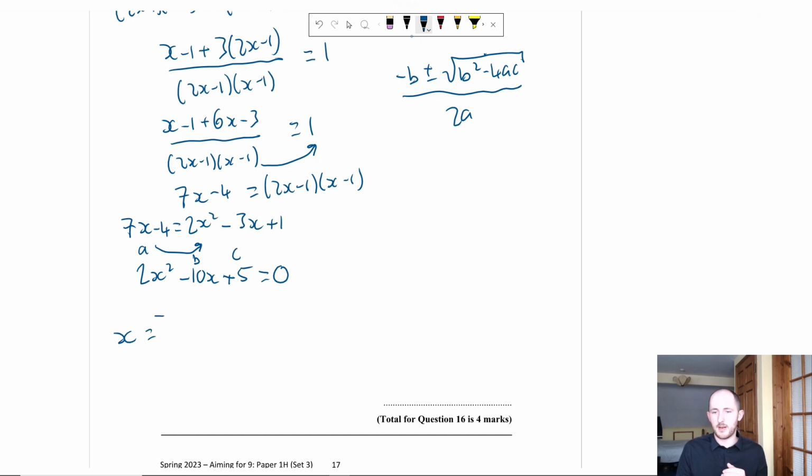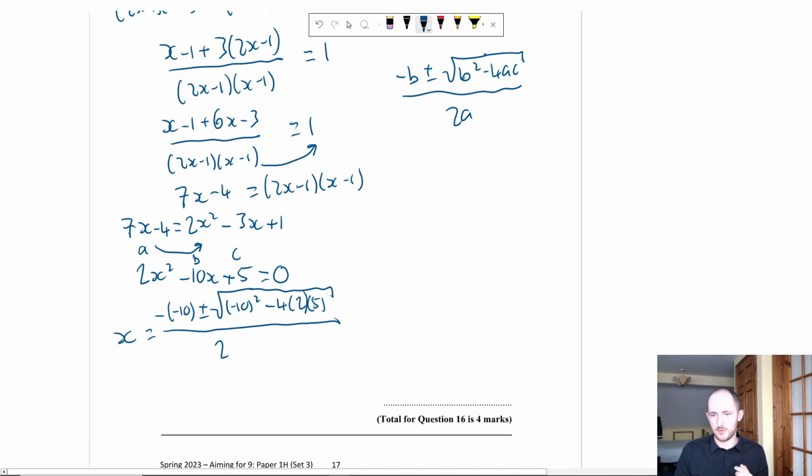So b in this case is minus 10, a is 2, c is 5. So again, please make sure you use the brackets to avoid making mistakes. And this 4, because again, don't forget this first thing, it isn't just minus 10, it's minus minus 10, okay? Believe me, a lot of people make that mistake. And that's 5